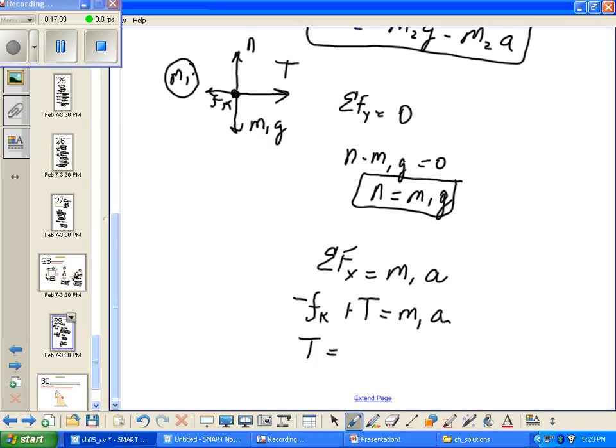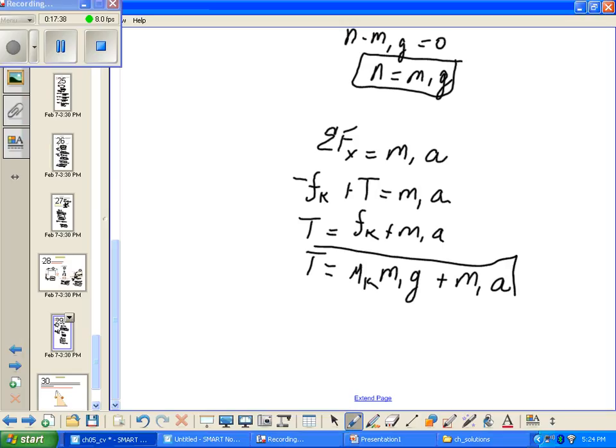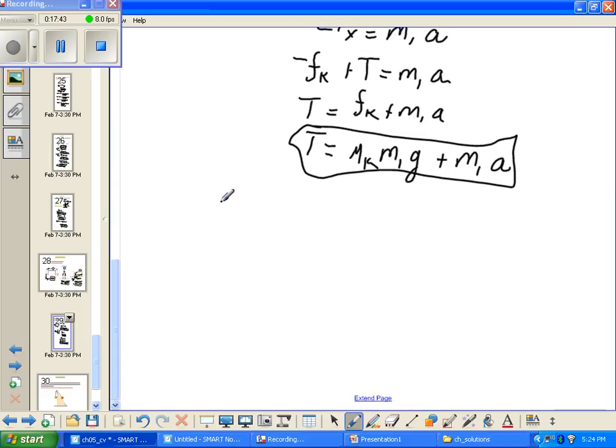T equals Fk plus M1A, where Fk is equal to mu k times N. N is M1G. So in fact, it was useful for us to obtain N plus M1A. Here we go. Now we have our second equation in T. We set both sides, both T's, equal to one another, and that gives us